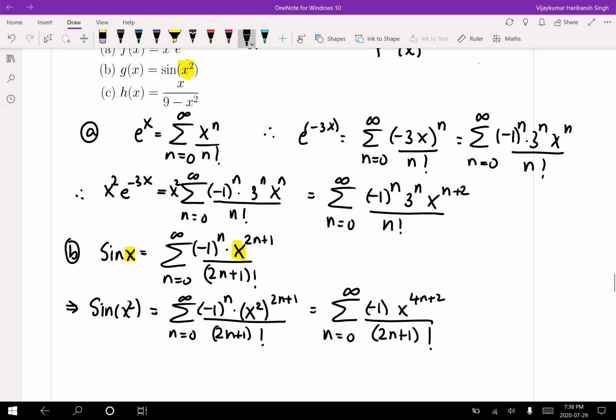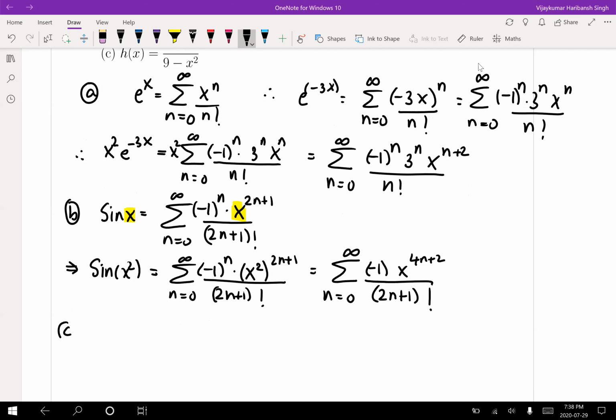Now let's look at C in a similar vein. So we have C as x upon 9 minus x squared. We have already seen this before, right? So this is the same as, take x common, you can also take 9 common, and then this becomes 1 upon 1 minus x squared by 9. We have already seen the expansion for this, so this is going to be x by 9 summation n